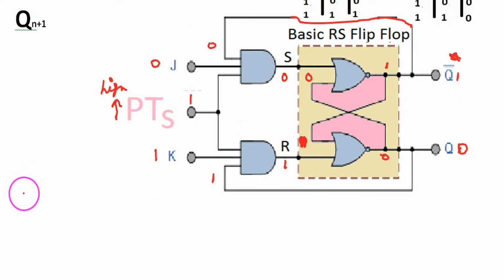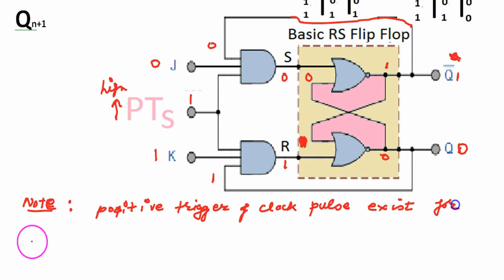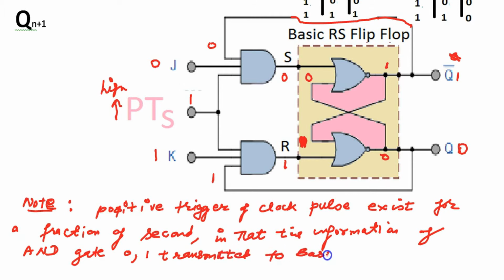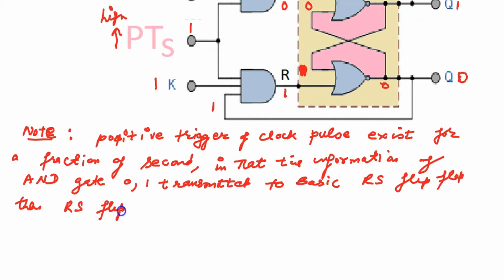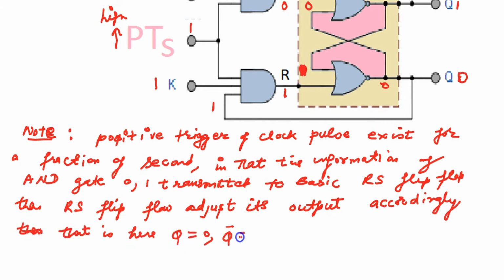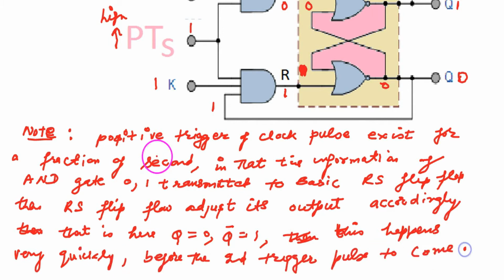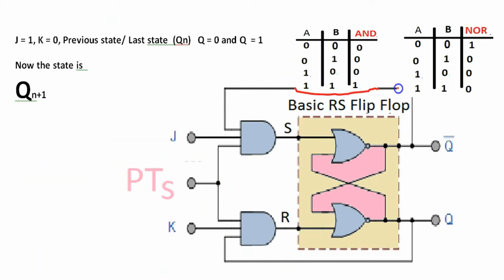So, if J is 0 and K is 1, whatever the previous state, it alters and forces Q to become 0. Okay. These are very important lines to understand. Read the lines carefully. So now let's look at